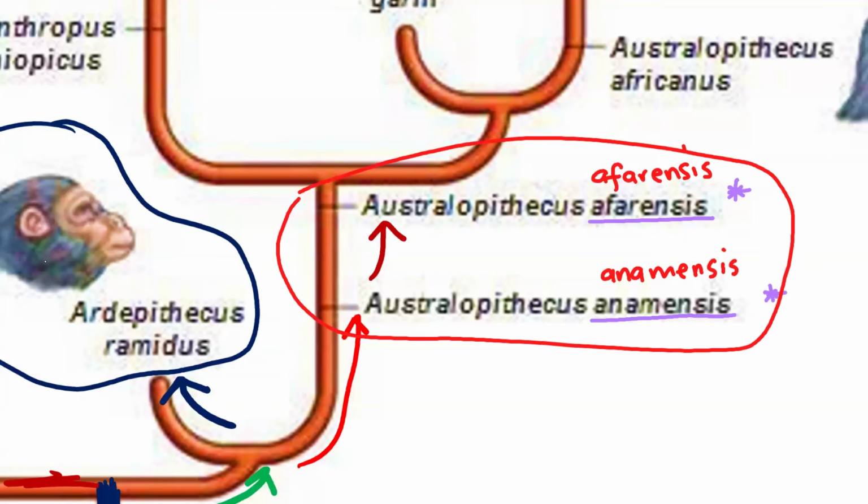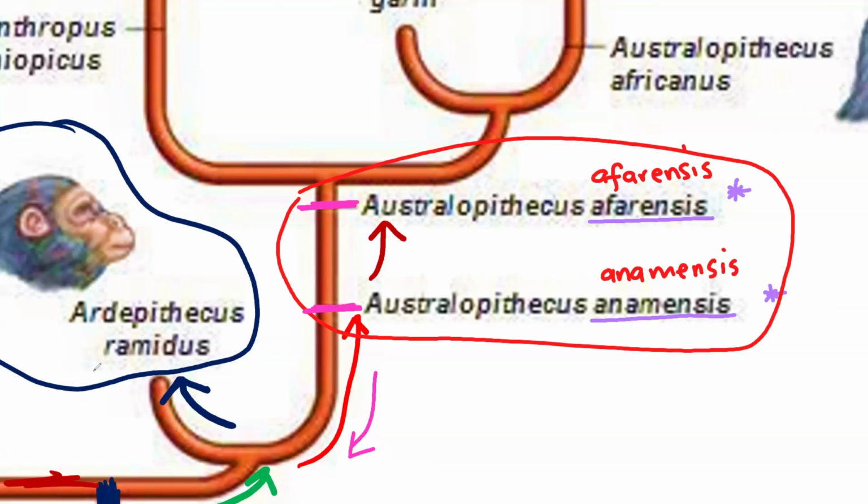Look at where they are, guys. I just explained this earlier. We have got Australopithecus anamensis here at this point, and Australopithecus afarensis here. When you relate the two of them, don't involve others. Don't go back to their shared ancestor. Just the two of them. What can you say about Australopithecus afarensis when relating it with Australopithecus anamensis? A unique ancestor. Yeah, unique ancestor, guys. It's obvious that Australopithecus afarensis came from Australopithecus anamensis.